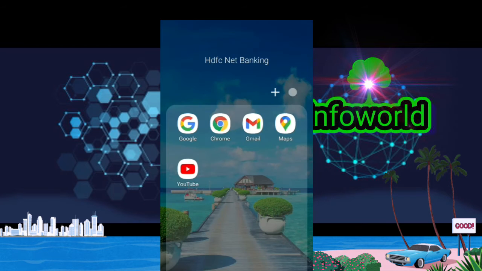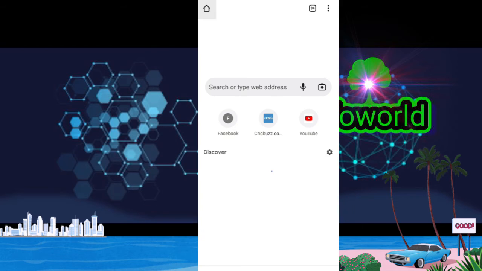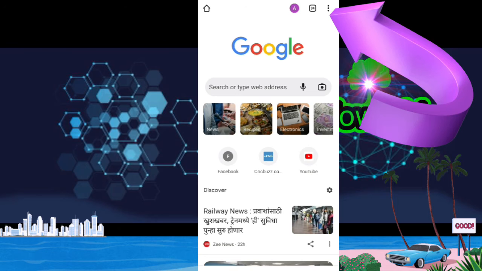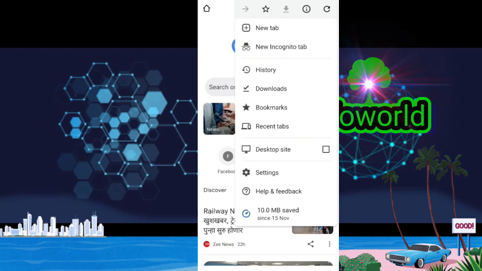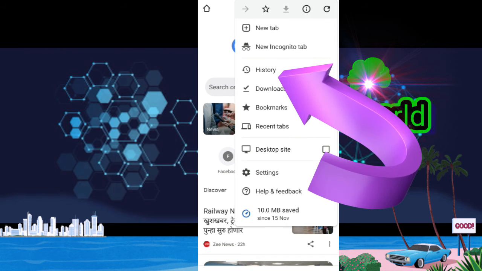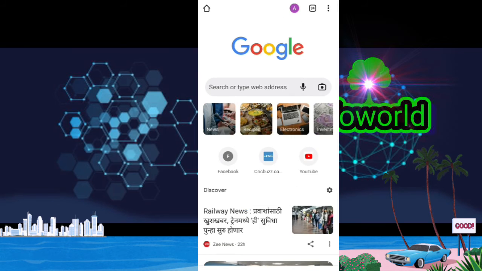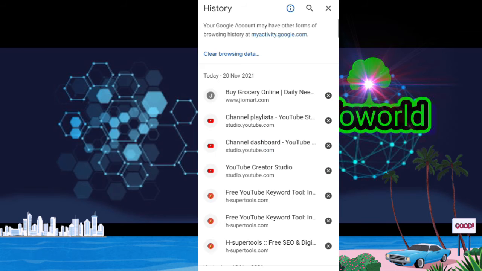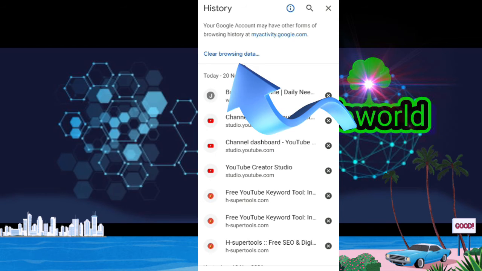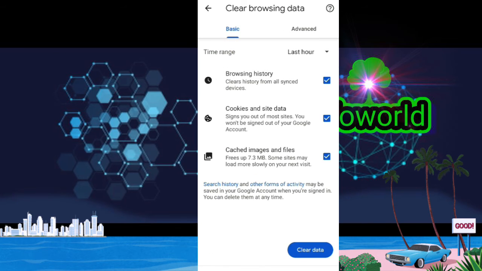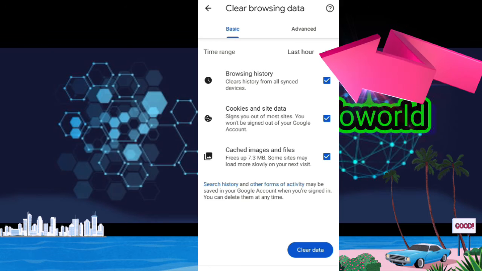Now you can go to Google Chrome. Okay, then click on the three dots on the top right corner, then click on history. Okay, then click on clear browsing data. See clear browsing data, click on it. Now here you can select last hour, select all time.